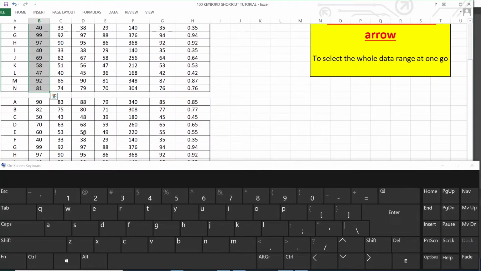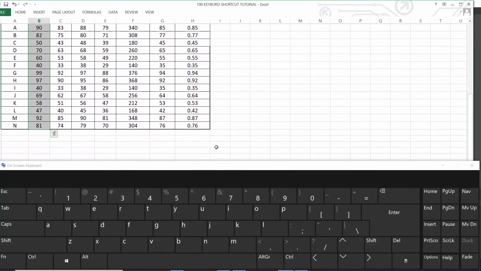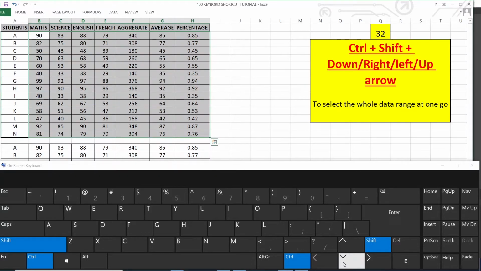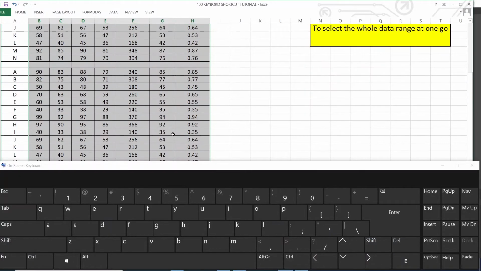If you want it to be selected, you have to press the arrow keys thrice. You can select the data to the right and then downwards, and the other set of data by pressing the down arrow key thrice.